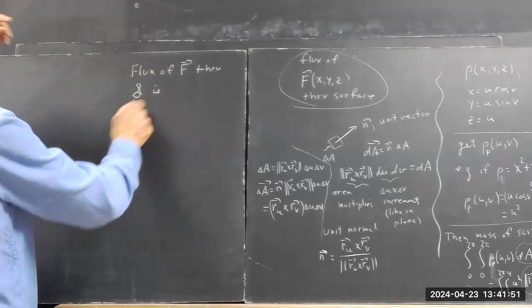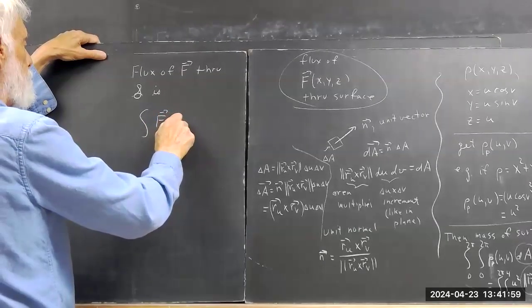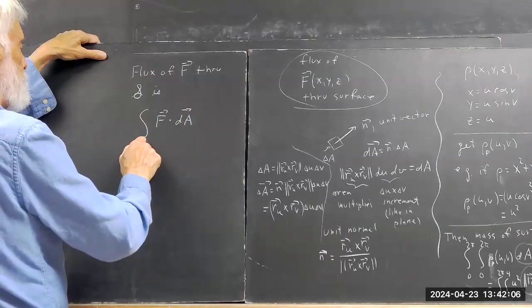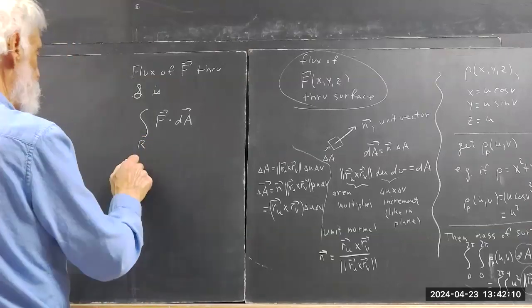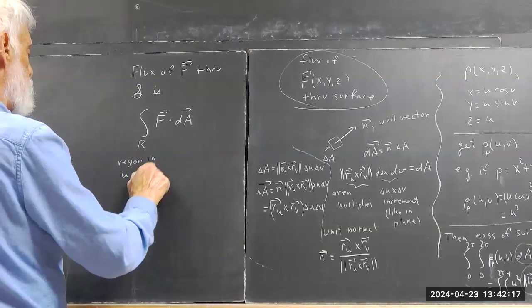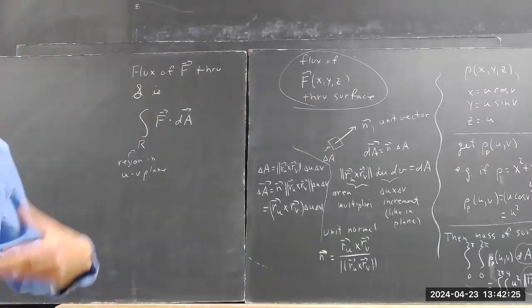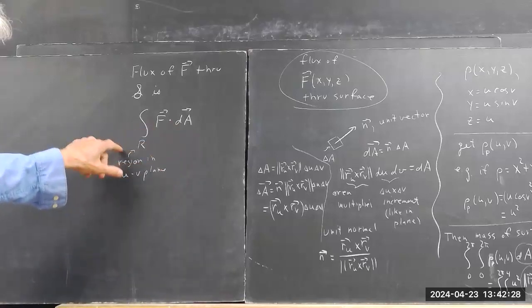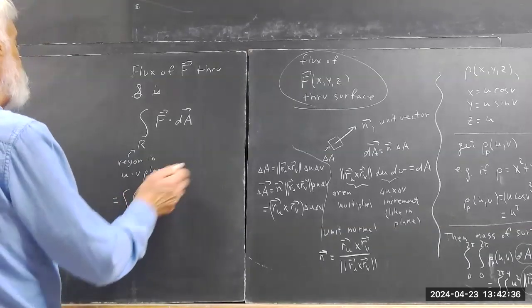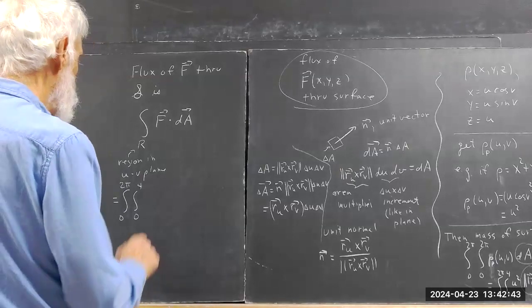The flux of S through the surface, script S, is the integral of F dot dA over our region in the UV plane. That's the simplest expression of the integral, but of course you're going to want to write it as a double integral, since we're doing an area of a region in the UV plane. So, the double integral, in this case, from 0 to 4 and 0 to 2 pi of